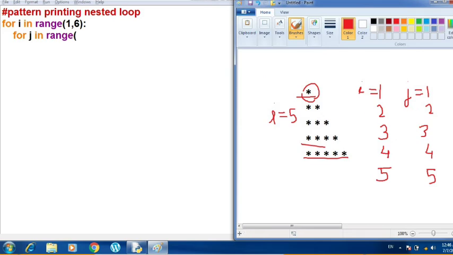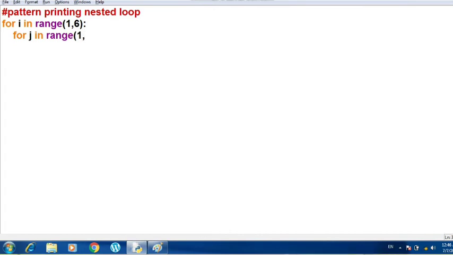So what I will do is execute it till 1 comma i position. Now students, if I write 1 comma i, you can see the upper limit is excluded, so the first time the j loop variable will be 1 comma 1 when the value of i is 1, and the loop will not be executed. So I will write i plus 1, so that the first time the j loop runs one time, because the upper limit is excluded, and the inner loop is executed one time. That is why I have written 1 comma i plus 1.